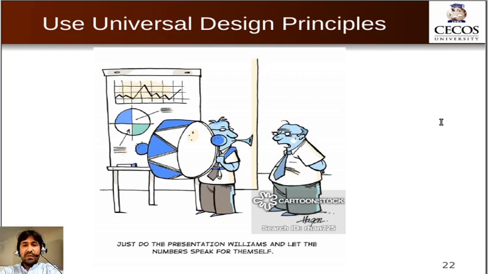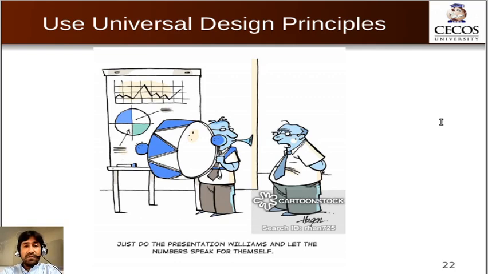If you use a very small font size, then obviously that is not going to be readable by the audience. So the font face, the font size, and even the colors are important. If you use very sharp colors, they are going to cause disruptions. So the font size, the font face, even the spacing,